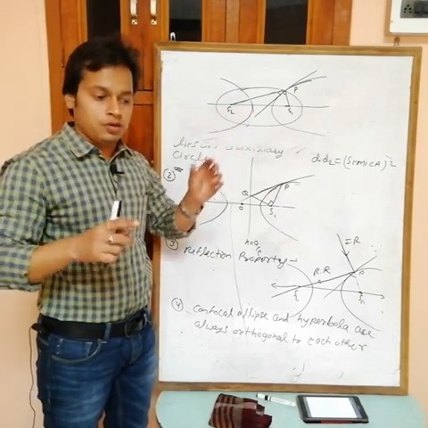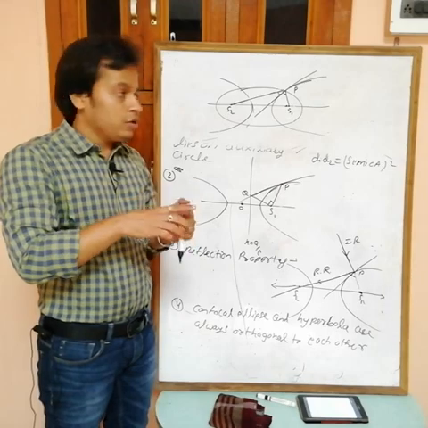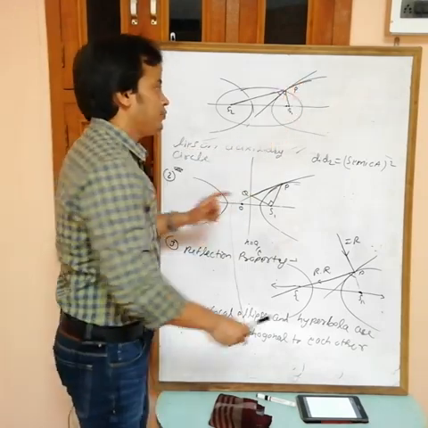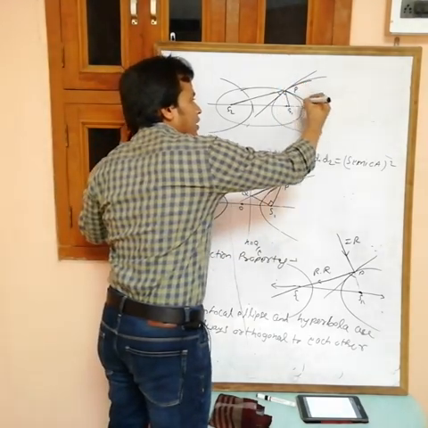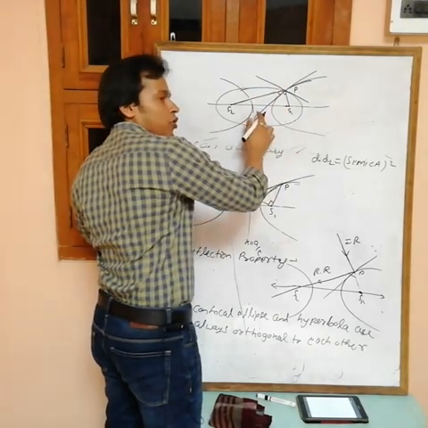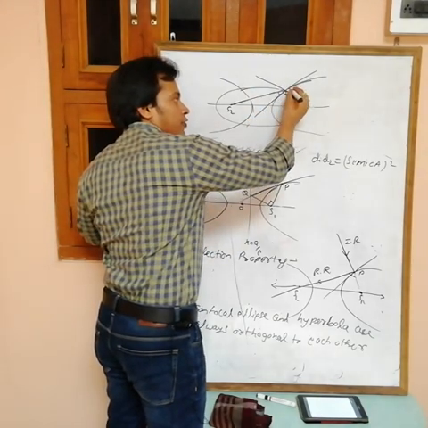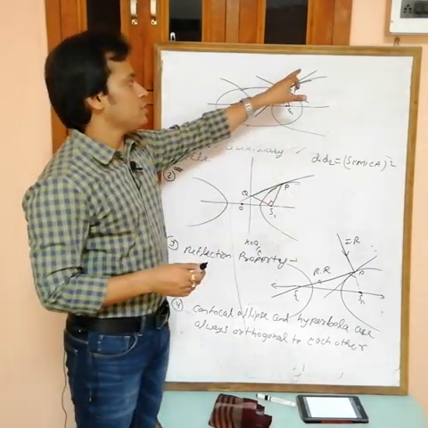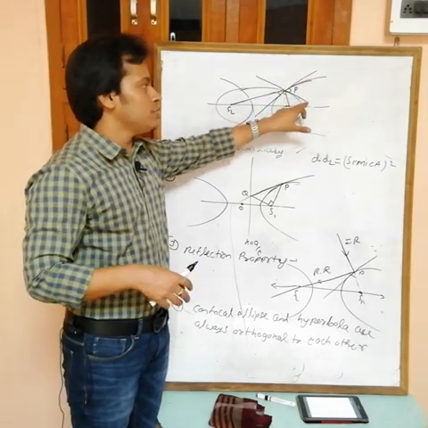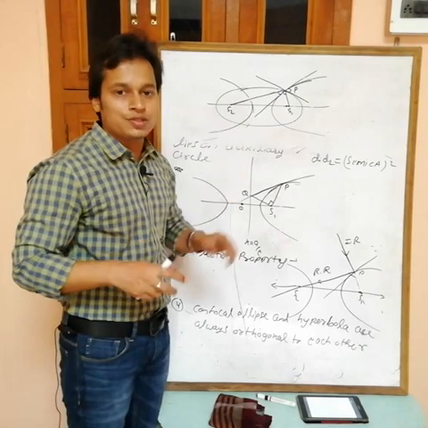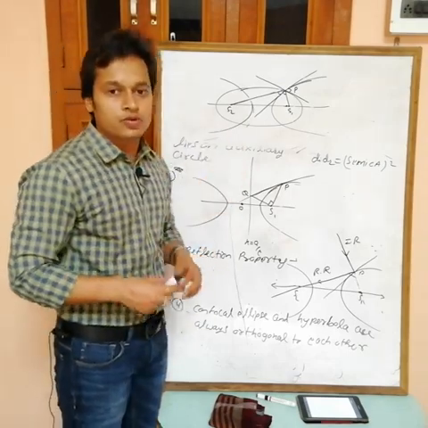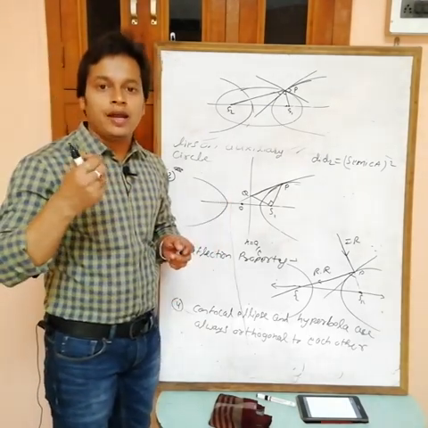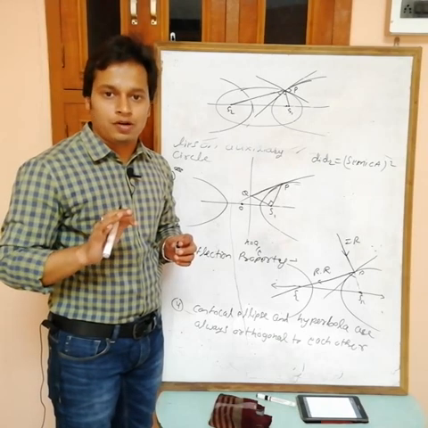So this line is tangent for the hyperbola but normal for the ellipse. Okay, it means the tangent becomes normal. Then if you take the tangent at P for the ellipse, that will be perpendicular to this one. See, now I am drawing the tangent at point P. This is the normal for the hyperbola, so the angle between normal and tangent is 90 degrees. Okay, this is the tangent for the hyperbola at point P, this is the tangent for the ellipse at point P, and the angle between these two is 90. Then the angle between these two curves is equal to 90 degrees. It means, just remember one thing, that confocal hyperbola and ellipse are always at a right angle, or orthogonal.